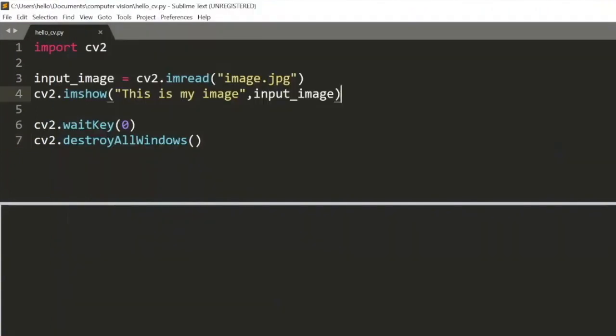Let's go ahead and read this image in grayscale mode. To do that, instead of just saying cv2.imread, what we could do is add another parameter over here. So we could say comma 0 over here. And if we do that, it's going to read the image as a grayscale image. Before we write and save it to our computer, let's just see how that looks.